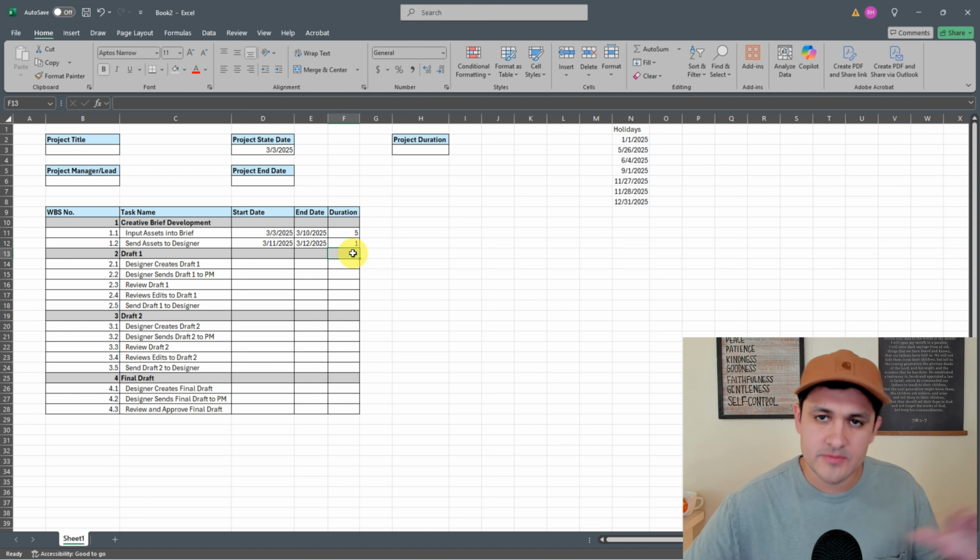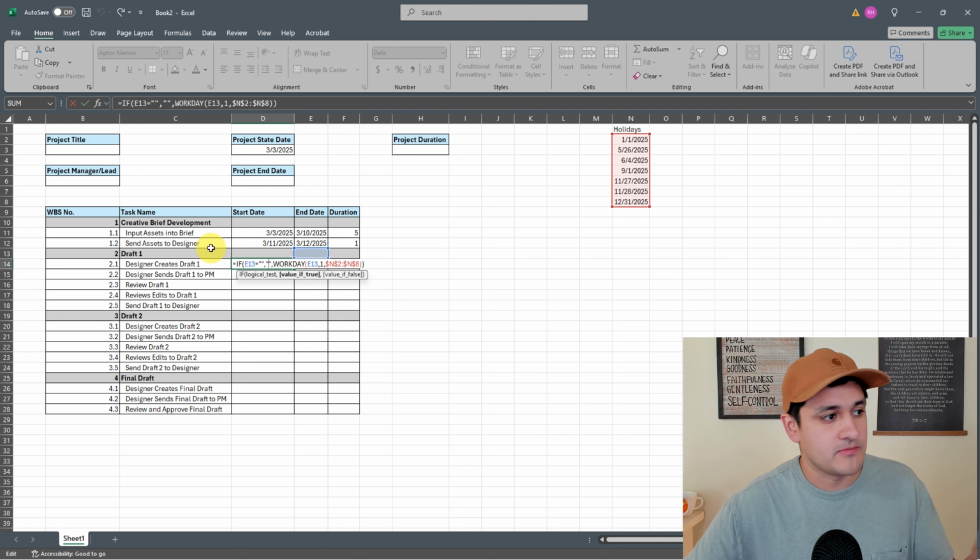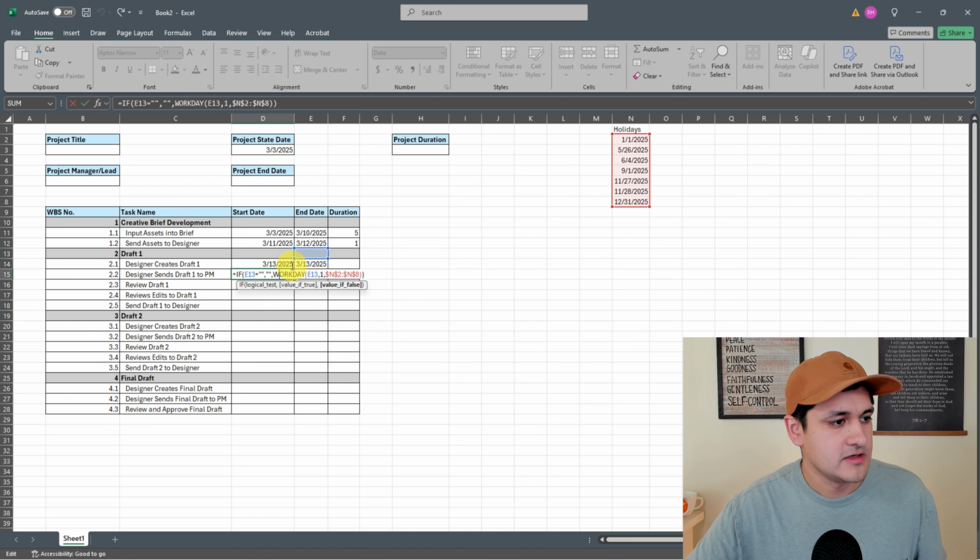So I'm gonna copy this, I'm gonna paste it right here. And if you notice, it's copying from this date, and I don't want to copy it from this high level date. I want to actually copy it from the last task. So I'm going to drag these references up, enter, and I'm going to drag all these down here. The only problem is, actually I'm going to undo. The only problem is, in this case, it was referencing two rows up. So I actually need to just bring these references down, enter,